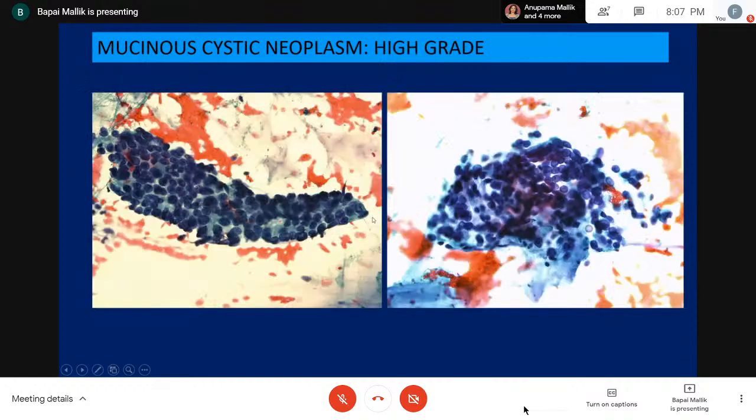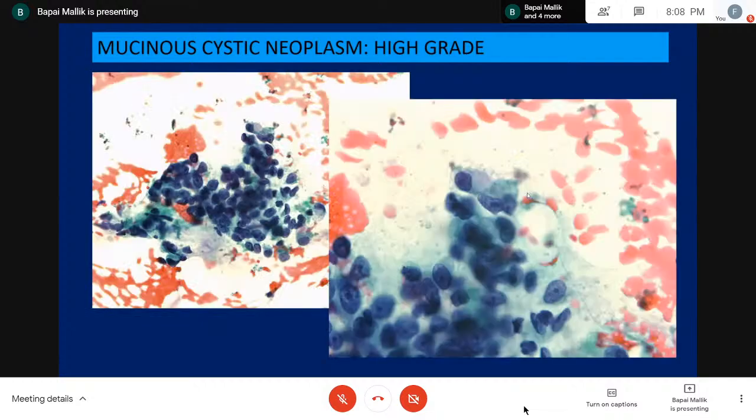Now, when you compare this with this one, this is what I would call high grade. One of the main reasons is the derangement of the polarity, and then isonucleosis, which is not that important a feature, but the most important factor over here, as I can see, is the derangement of the polarity. Of course, there are irregularities of the nuclear membrane and some degree of abnormalities of chromatin. So when you see these features together, this suggests high-grade mucinous cystic neoplasm.